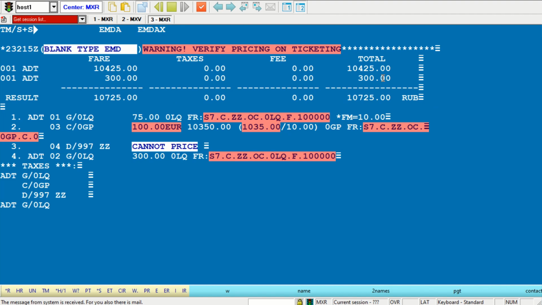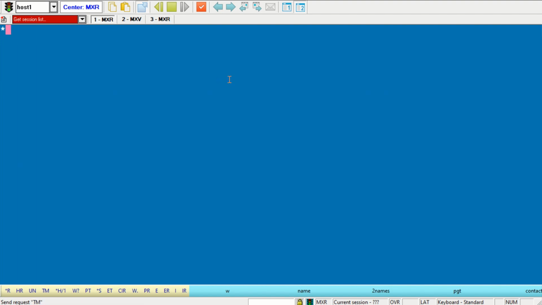For service that was issued via EMD print EMDP entry, you can check pricing by open EMD or in history of PNR. Let's check. Let's open history of our PNR,